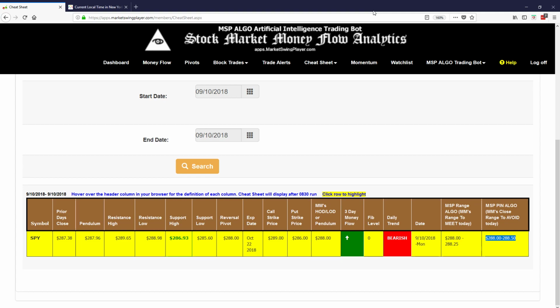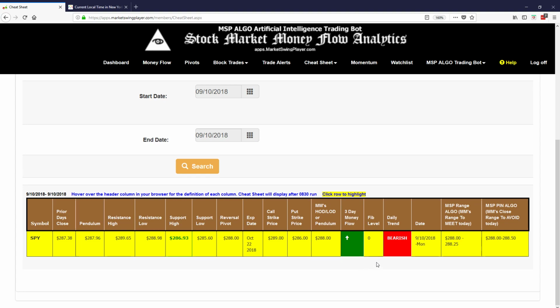So what it told me was that most likely, after watching the price action and seeing the resistance and the pivot, price is not going higher than that 288.5. It's not going to be able to hold. Okay,